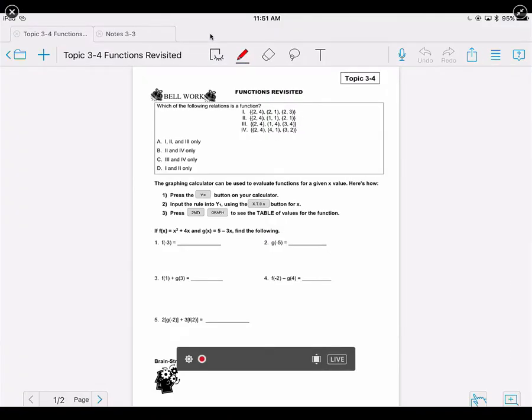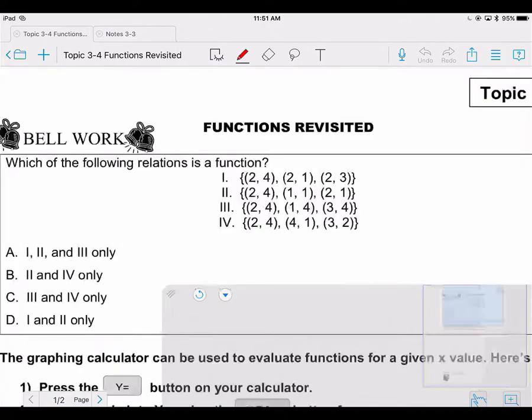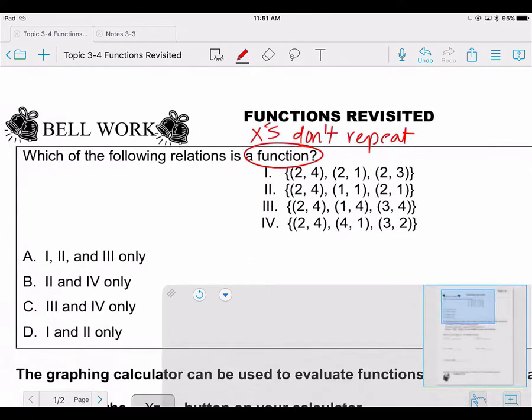This video is over topic 3-4 where we are revisiting functions. The bell work asks us which of the following relations is a function. Remember, for something to be a function, it has to be a nice, healthy, working relationship where your x's don't repeat. And in this question, we are looking for which of these are a function, so if your x's repeat,